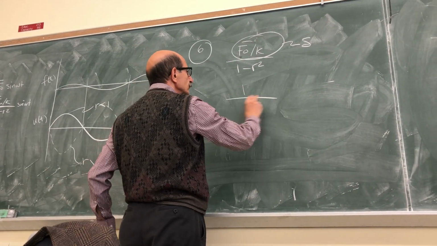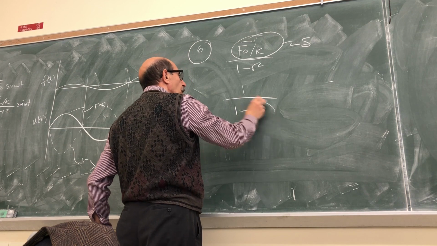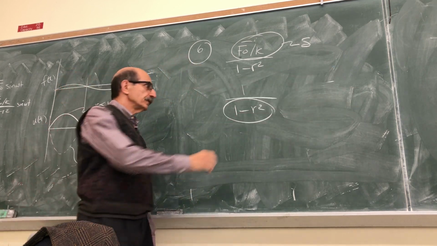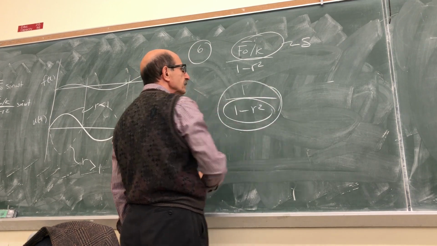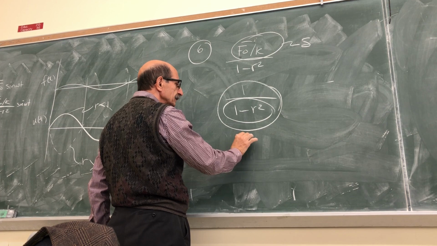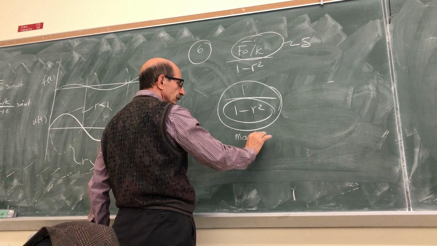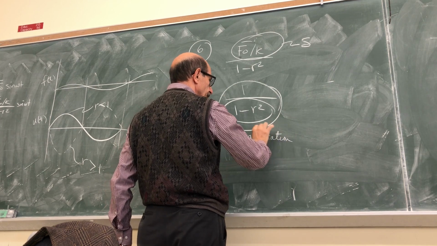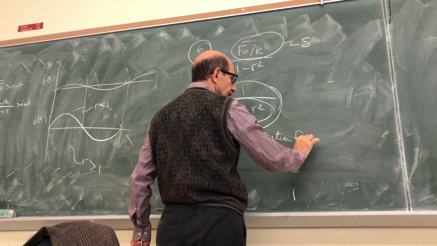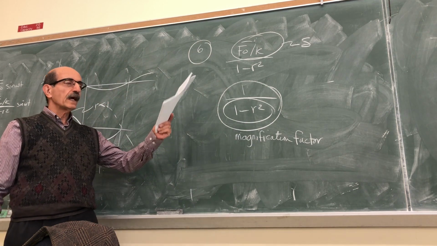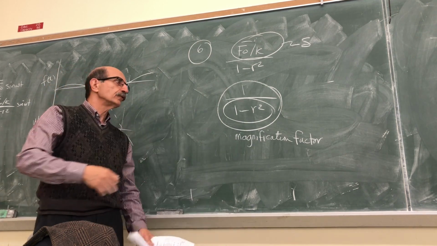And this is what really magnifies that. In other words, this is what magnifies that. We call this a magnification factor. But we actually use a different name for that,